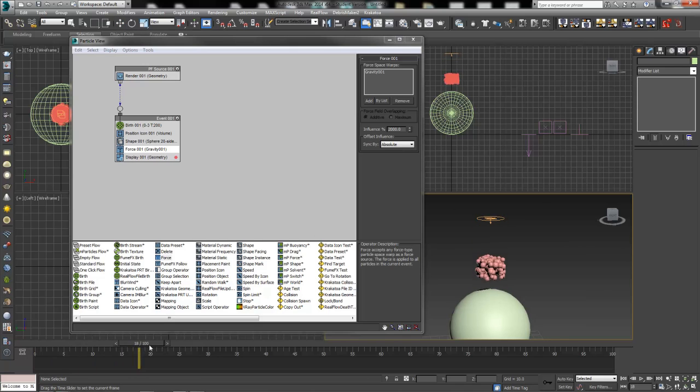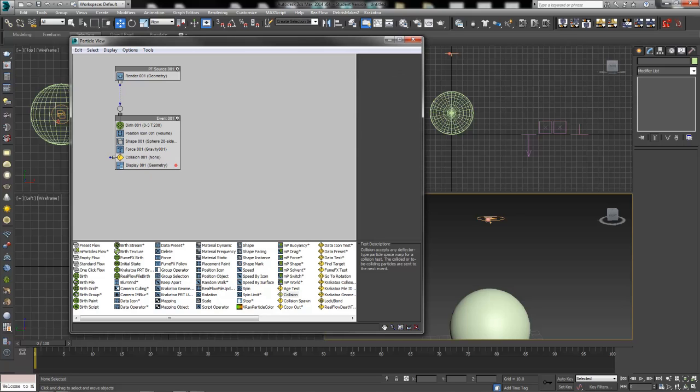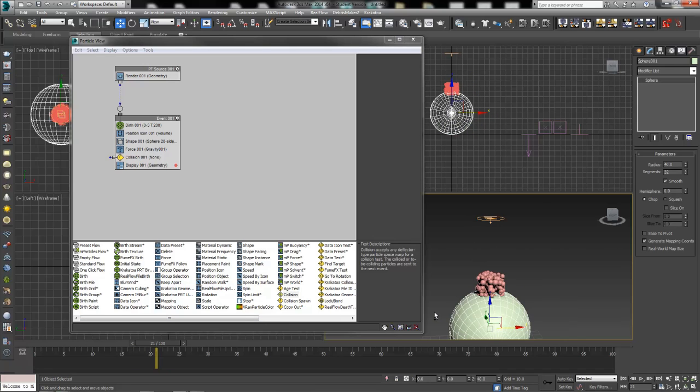Next, we need to tell them that when they hit the sphere, they should do something other than fall right through it. Let's do that by adding a collision test underneath here. Now the tests come with this extra little blue node that we can attach to from one event to another. We can use this to send our particles from one behavior into another event where they have an entirely different behavior. In this case, particles will stop falling and they will start hitting the surface of our sphere, whoops, Control Z, and dripping down the sides.